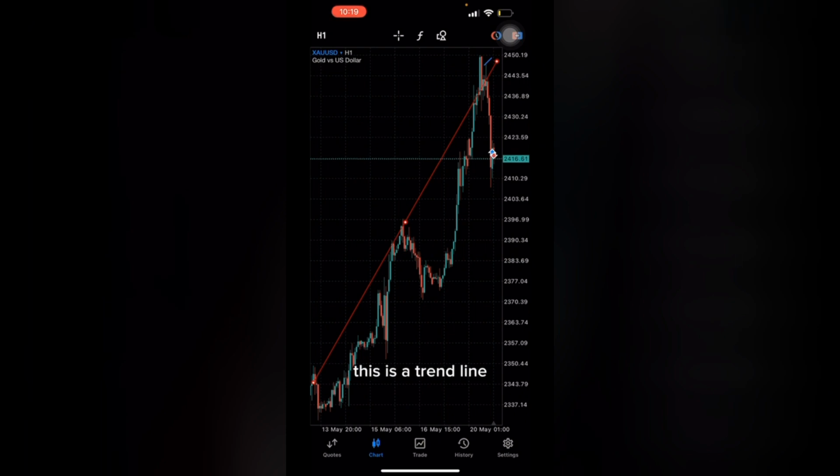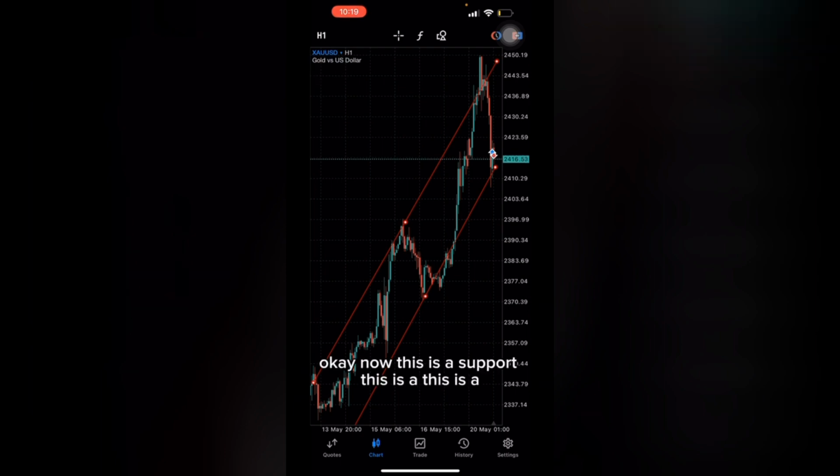This is a trend line. Okay, now this is a support. This is